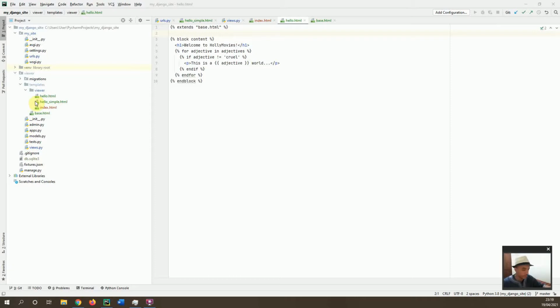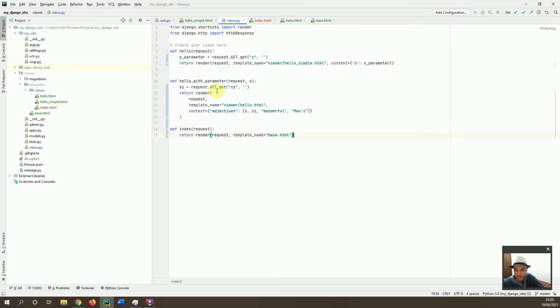Let's continue our talk about the templates. So here in the hello.html, I had extended the base.html template, and then in the content block we have done this welcome with the adjectives and everything. So this hello.html comes with this hello with parameter view here,